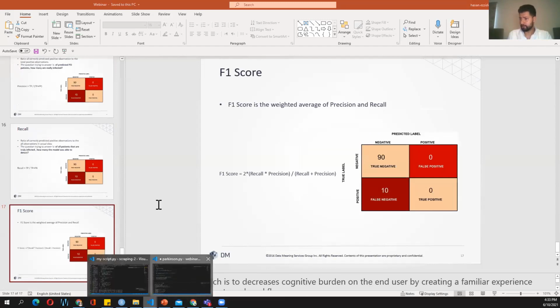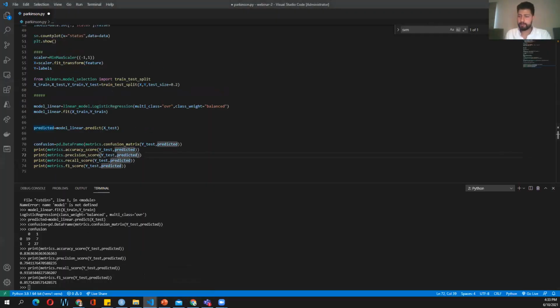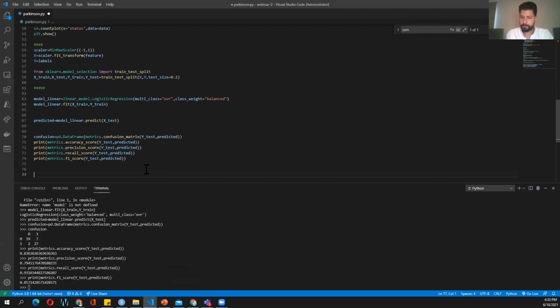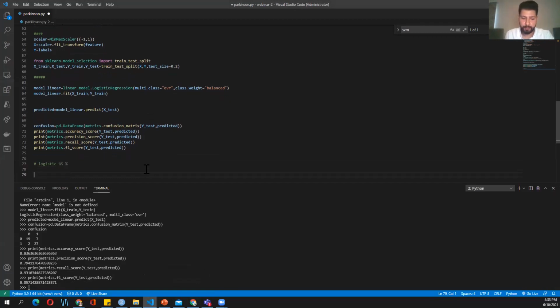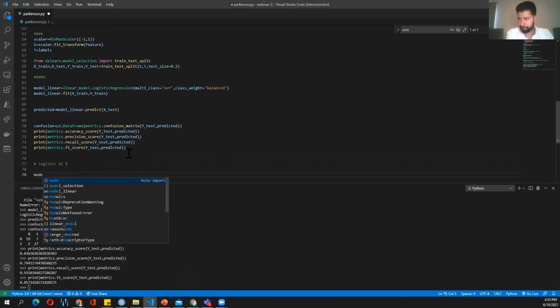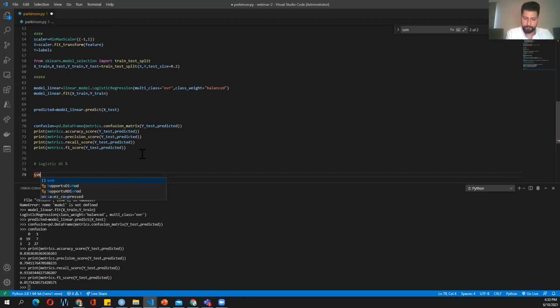So getting back to our code, in the first step we used the logistic regression and got those evaluation metrics. The F1 score was 85%. I'm just going to type it down here. For the logistic regression, and also using the scikit-learn library, we're going to run a support vector machine classifier, using the same approach we used above. So for the SVM